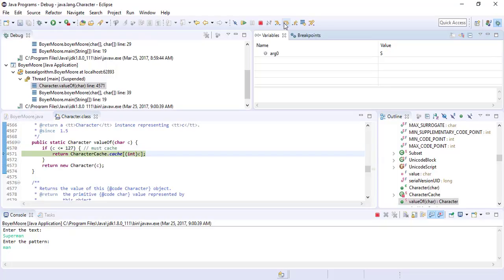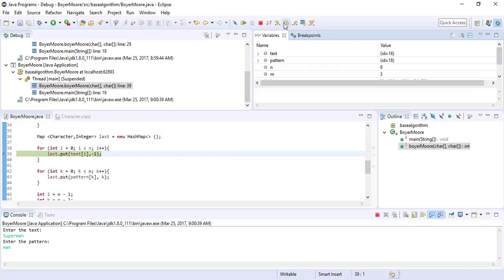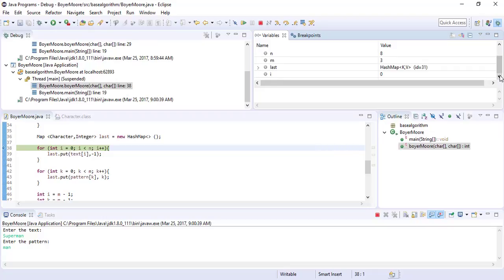Now step over, what it does, it doesn't go into the code again. So it's better we use step over because I don't want to go into the object class or some class and go through all those thousands of lines of code. So for that reason I use step over. And here you can see